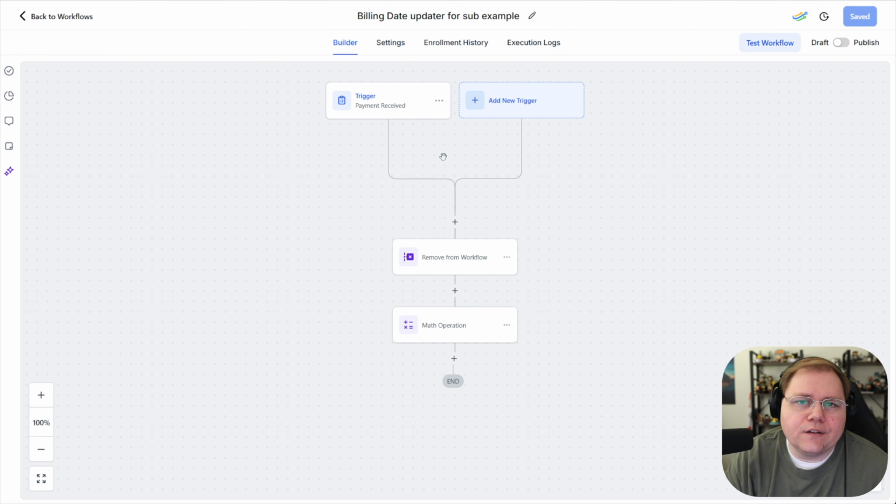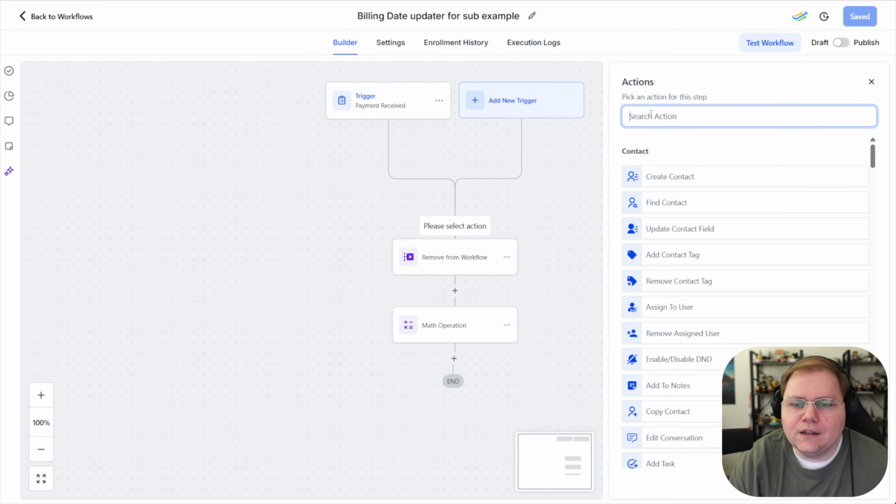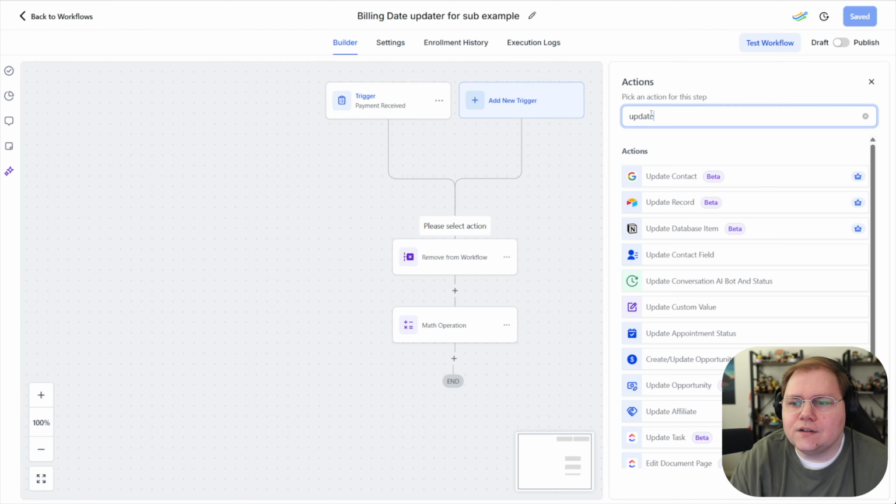Now, as it stands here, this automation has worked. I've run tests on it and it has worked. It has updated the field from being empty to having today's date. But part of me is skeptical that for some reason it might not work in the future. So just to be extra safe on this, if you receive a payment for the subscription, you can set the custom field. So we'll say update contact,